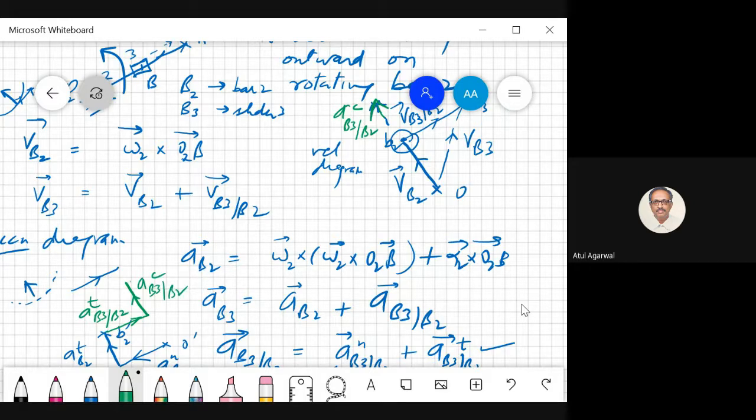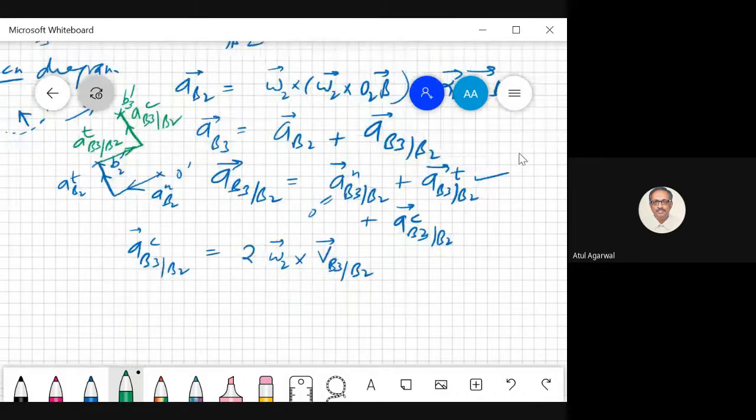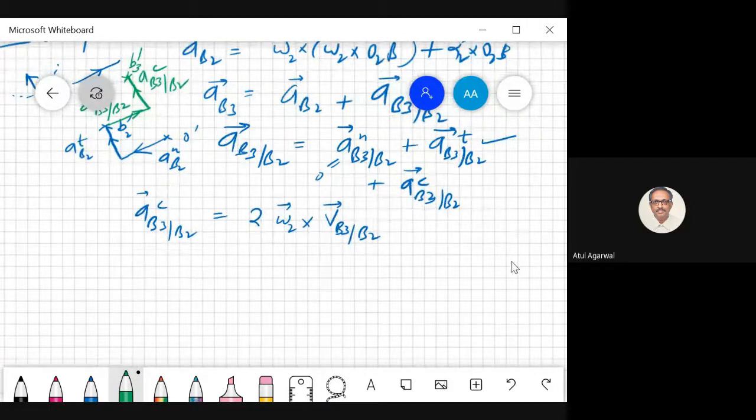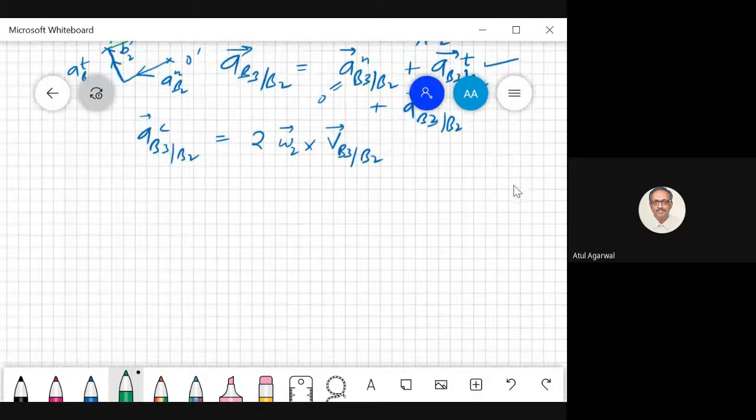So this is my final point B3 prime. So what is the absolute acceleration of the point slider? You join from O prime to B3 prime. Is it all right? So I have shown you how you calculate Coriolis acceleration, tangential acceleration, normal acceleration. So these are some simple problems. We will not go into complicated stuff.